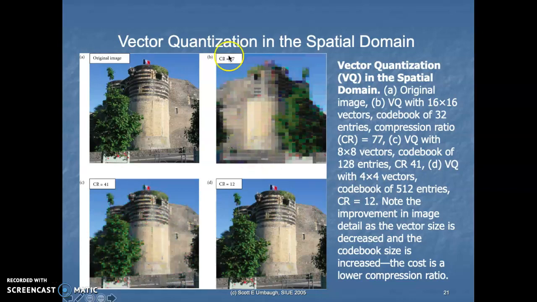So this is an example where you have the original. This is the compression ratio of 77, using the VQ and